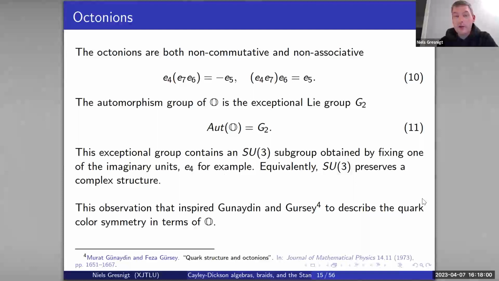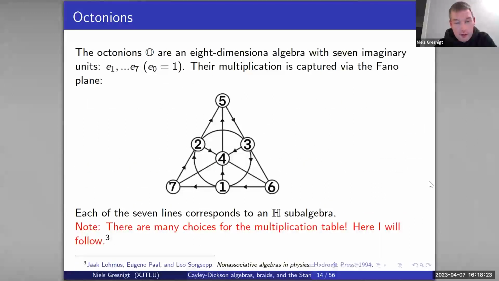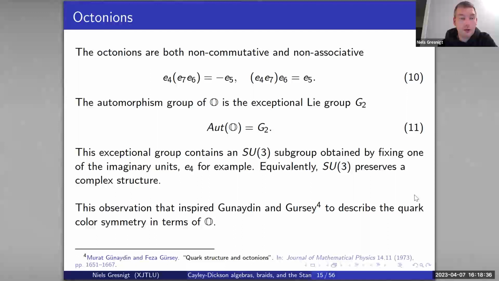So the octonions are not commutative and they're also non-associative. So there's an example of that there. So when we multiply general octonions, we need to be a little bit careful about what order we multiply them in. And basically, as soon as we take 3 elements of an octonion that do not lie in a quaternion subalgebra, so for example, E4, E7, and E6, if we look here, you can see that E4, E7, and E6 do not lie on a straight line here or on the circle. So they do not form a quaternion subalgebra. So their product is going to not associate, anti-associate.